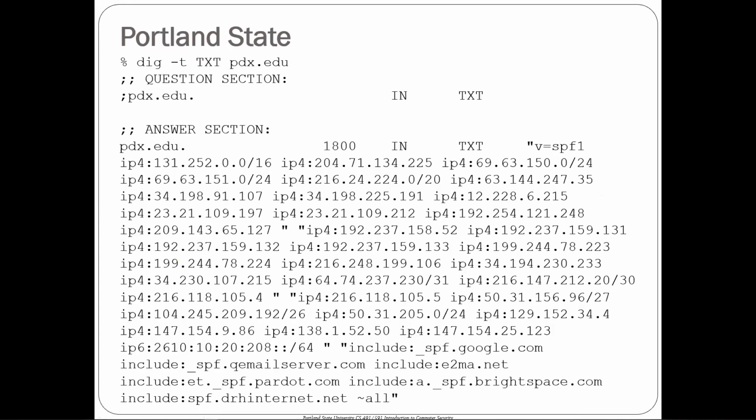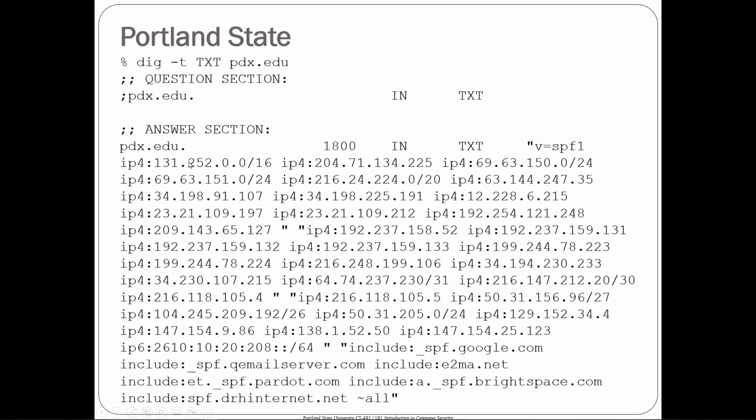So here's Portland State. You do a dig -t on the text records of pdx.edu. You get a whole bunch of stuff, but inside of it, you'll see the SPF record for Portland State. And look at that. Look at how many machines are authorized to send. You could basically do reverse lookups on each one of these IP addresses to figure out which third-party services they belong to. So they've done it by IP address, but I bet you these resolve to services, named services. I haven't actually done the operation of doing the reverse lookup to figure out where all this stuff is coming from, but they do say